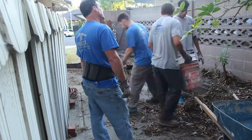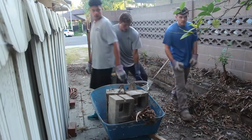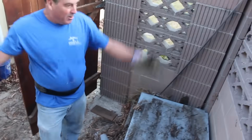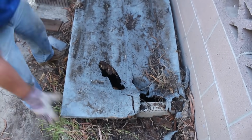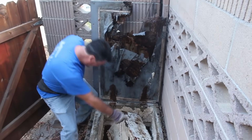Here's what the side yard looks like when we had to move those little storage sheds out of here. And now we're getting into the good part. This is what we found behind the sheds. We didn't know what this was, but it looked like it had a lid on it, so we started probing this. We found an enclosure here with water in it, and it looks like an old ammo box that was